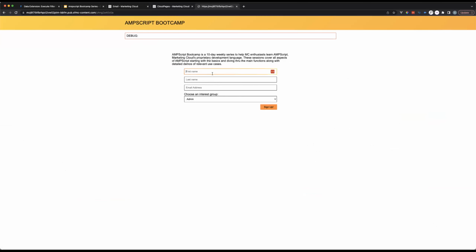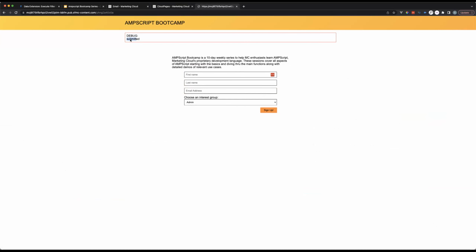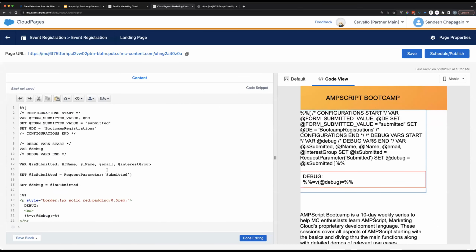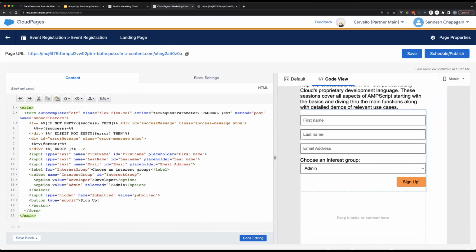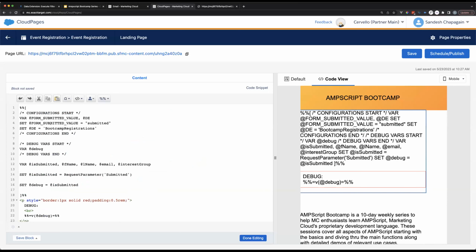We remove the debug variable, type in random stuff for now, because all we care about is that submitted. So do you see now it says submitted because that's the value of this is submitted variable, which should be clear because that's what we set it in the first place, right? That was the point of this form submitted value variable, which was submitted.